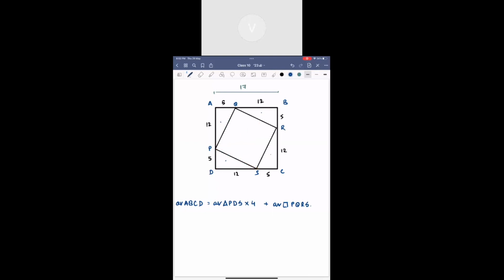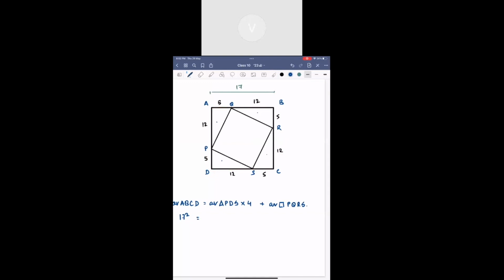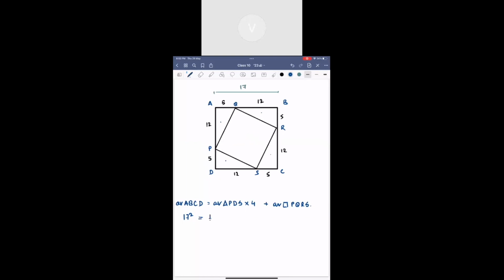So I can say area of the big square ABCD is going to be 17 square, क्योंकि स्क्वायर का एरिया कैसे निकालते हो, साइड इनटू साइड, राइट, और साइड पता है 17 है। 17 स्क्वायर इज इक्वल्स टू एरिया ऑफ PDS टाइम्स 4। PDS, इस ट्रायंगल का एरिया कैसे निकलेगा, हाफ इंटू 5 इंटू 12 करके, करेक्ट। सो हाफ इंटू 5 इंटू 12 से PDS के एरिया, उसको पूरा को 4 से मल्टीप्लाई कर देंगे और फिर बाद में उसमें एरिया ऑफ PQRS ऐड कर देंगे, करेक्ट। तो ये आ जा रहा है 289 इज इक्वल्स टू 120 प्लस एरिया PQRS। तो एक बात बताओ, इससे एरिया PQRS क्या निकल के आ रहा है, 289 माइनस 120।